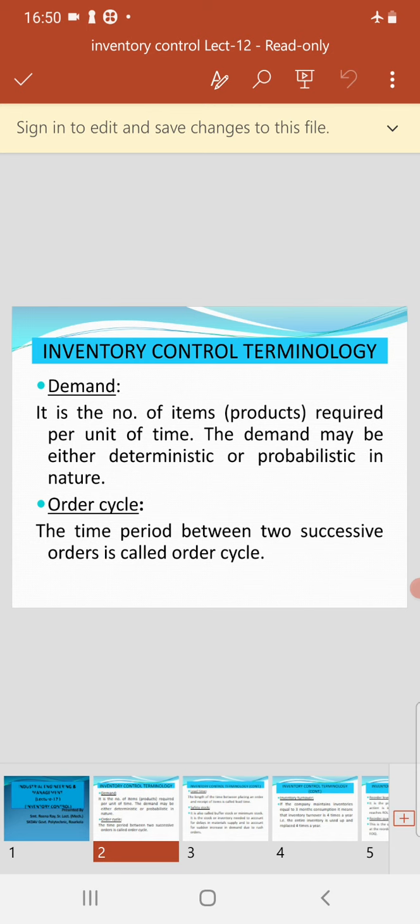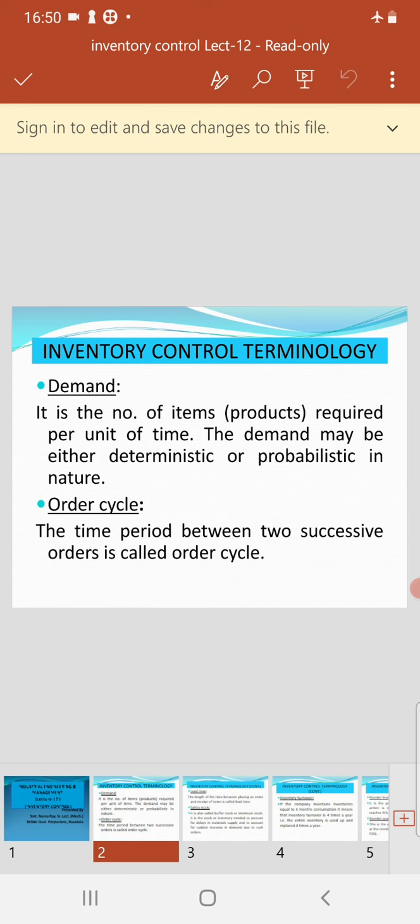So here also the market is not fully deterministic. For certain demands it is deterministic, and from past case records one can find the requirement. For other cases, one has to find out from different probability properties what the demand number should be. So demand is the requirement by the customer. It can be either deterministic or probabilistic.